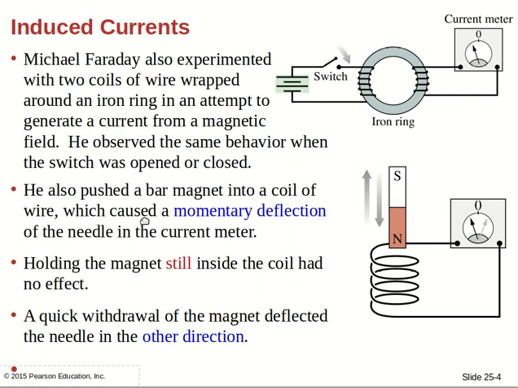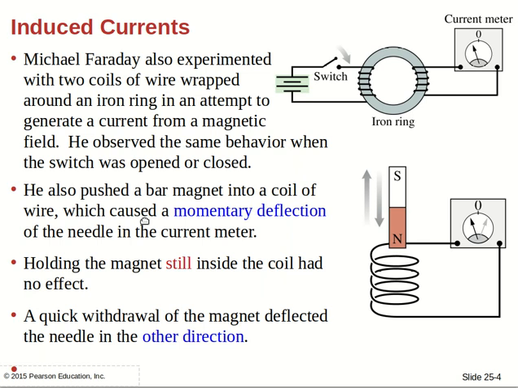He also noticed the same opposite behavior. When the switch is closed, it deflected the needle in one direction, and when opened, it would deflect the needle in the other direction. In this case, though, the two coils are connected by an iron ring, which we're going to learn can communicate a magnetic field from one coil to the other much more efficiently, because the field lines